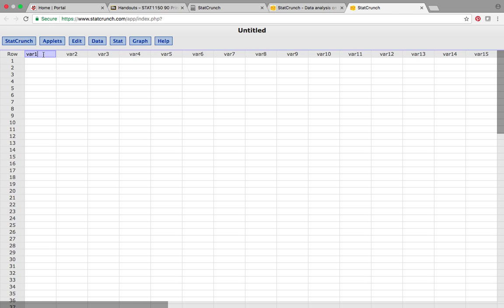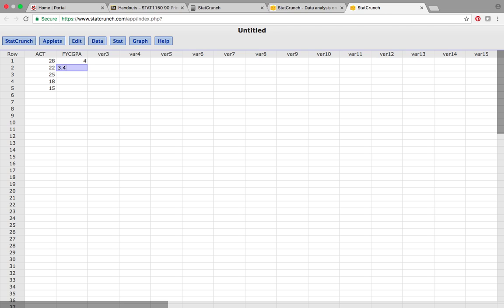So, guys, I want the first variable to be ACT. Imagine that. I want my other to be first year college GPA. All right, gang, I'm going to type the numbers in that I had earlier. I had a kid with a 28, another one with a 22, another with a 25, another with an 18, and I think the final one had a 15. And the first year had a 4.0,